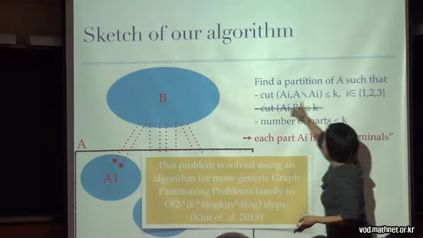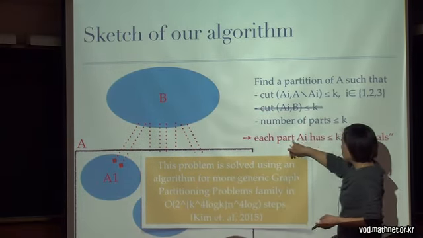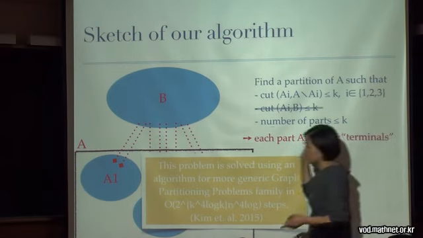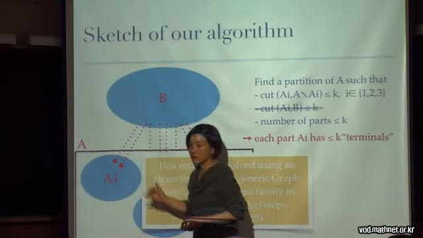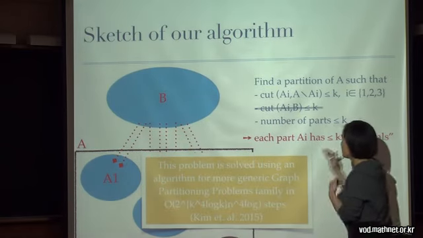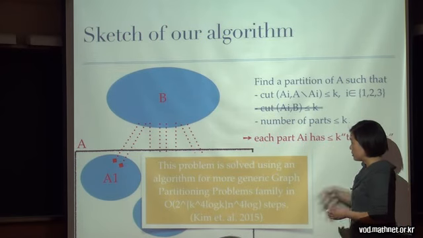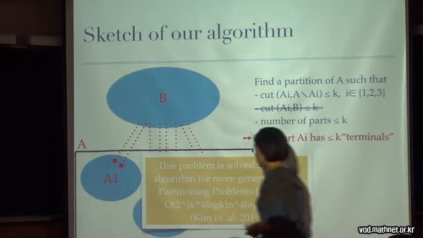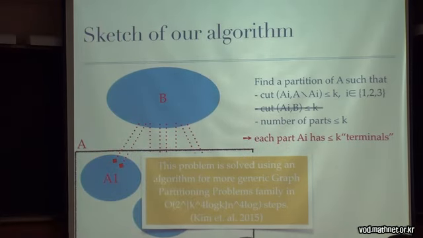So we reformulate this part by the requirement that each part Ai should have at most k terminals, and these terminals will correspond to the endpoints that cross between B and A. So this becomes kind of a partitioning problem with terminals. And we solve this problem by applying an algorithm for a more general graph partitioning problem, which works in this way,